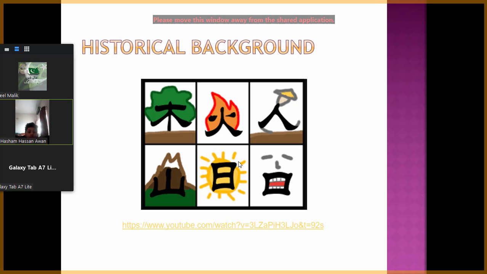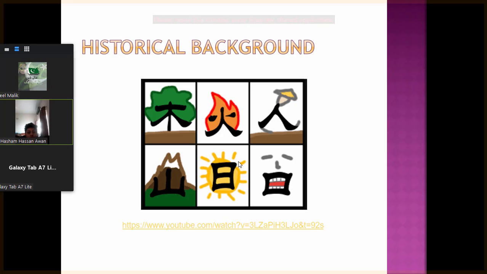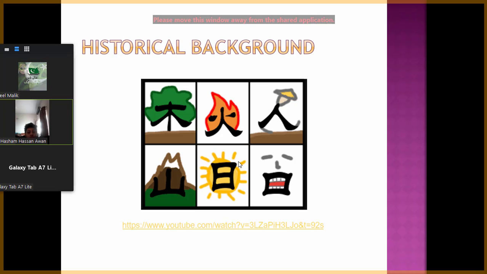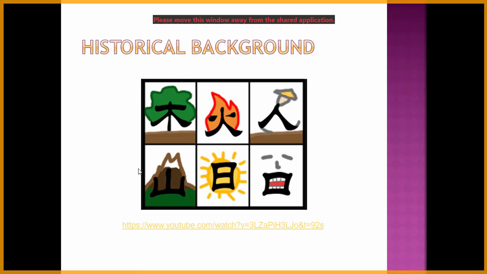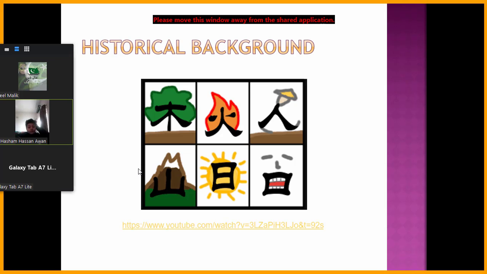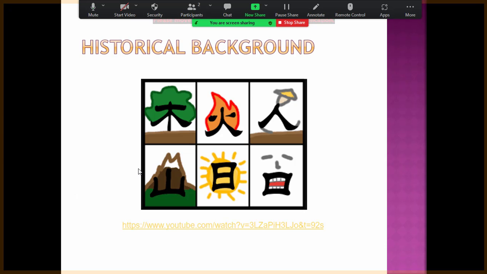In the same way, you can see that I am telling you the characters are made from pictures, right? So here you can see tree. How tree is written in Chinese, you can see in black. Are you getting this? So in this way tree is written. In the next, that is called fire. In the next, that is called human or person. The next is mountain, sun and mouth. Now can you imagine how to pronounce these characters? Sir, I don't know about these ones.